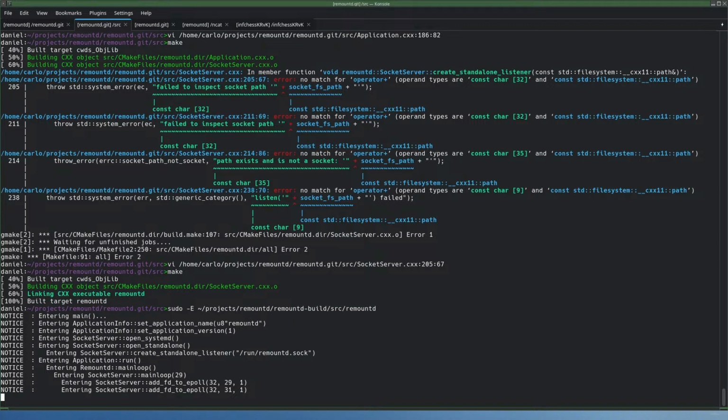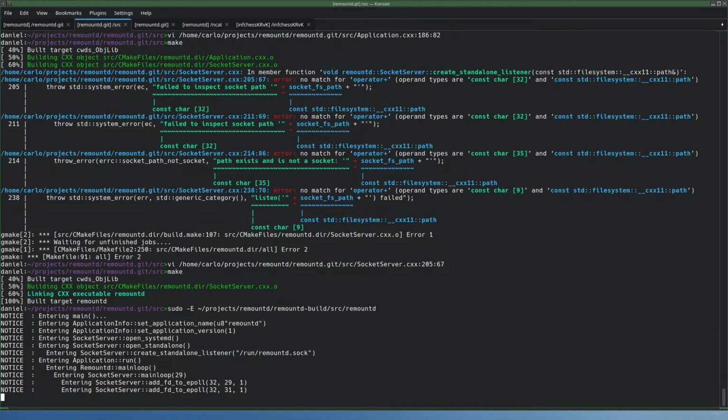Entering create socket, create standalone listener. Application run. Main loop, socket server main loop. Add file descriptor to epoll twice. Once for the termination thing and once for the listen socket, I guess.